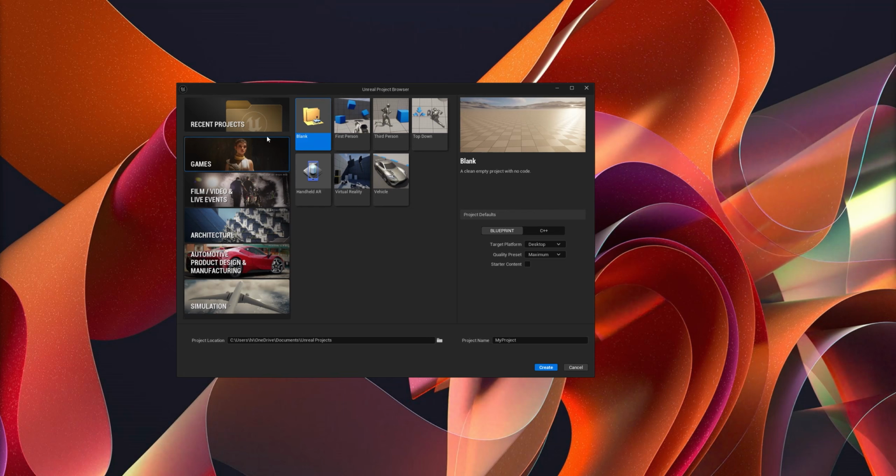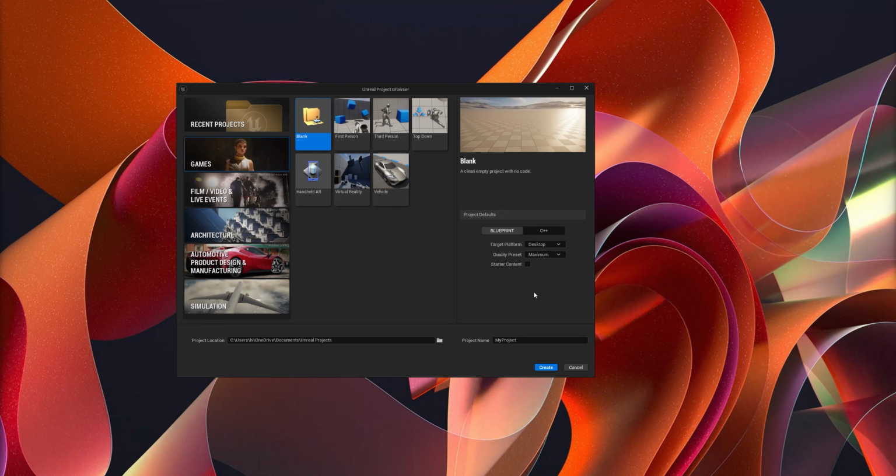So what I'm going to do, I'm just going to say, in the games section, give me a blank project. Then you have two options here that you can use. You can either do a Blueprint project, which is essentially visual scripting. It's an amazing tool that Unreal Engine has available for you. Or you can do C++. Okay, we're not going to do this. We're going to use Blueprint. And these options here, even though they are available for you, you can always change this after the fact. So I usually tend to leave them as is.